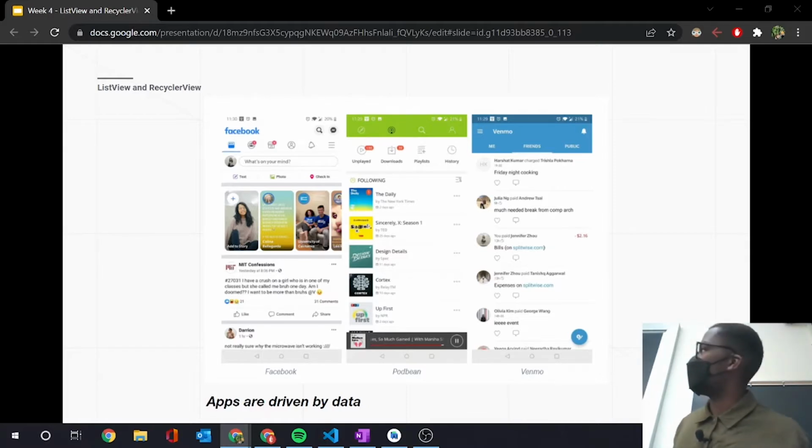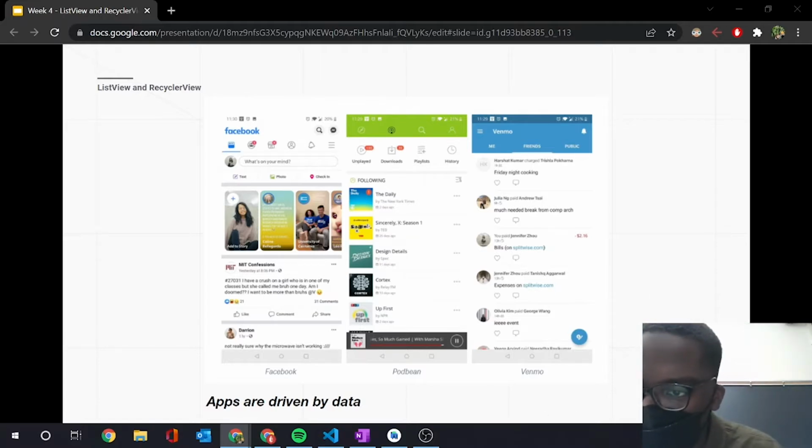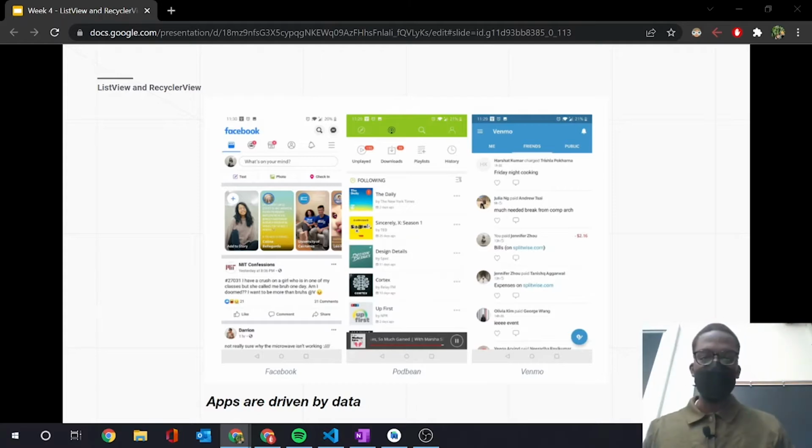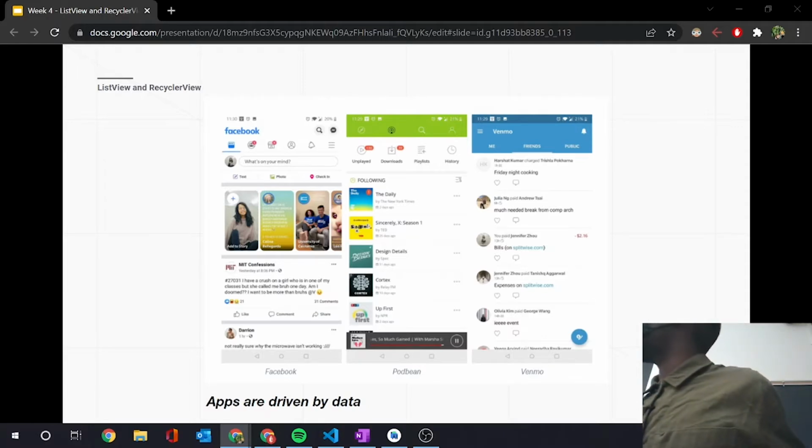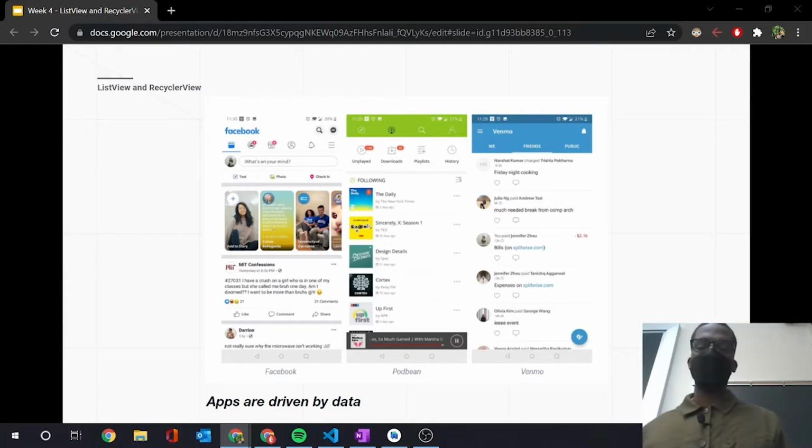For example, in Facebook, lists are used to display each post in the newsfeed here. So you see the first post is a post from MIT. And in Podbean, each cell on the list is clickable, and it leads the user to a specific podcast page. Each row has information about what podcast you might want to listen to. And in Venmo, it's used as a transaction history, and you can click on things and have some input controls.